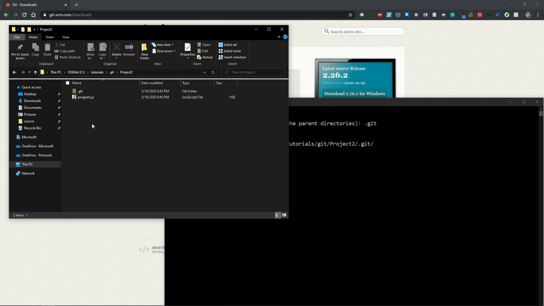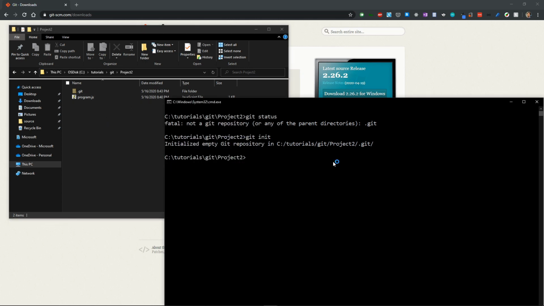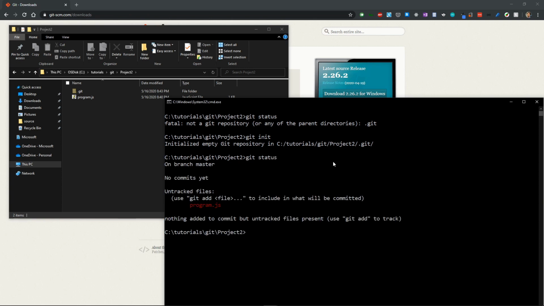We just converted this folder to a Git repository. And now if I type the same command git status, Git will tell me, hey, we have one untracked file, which is program.js, but still Git is not tracking that file. In the next video, we'll see how we can add this file to the staging area and then commit it to the Git repository.